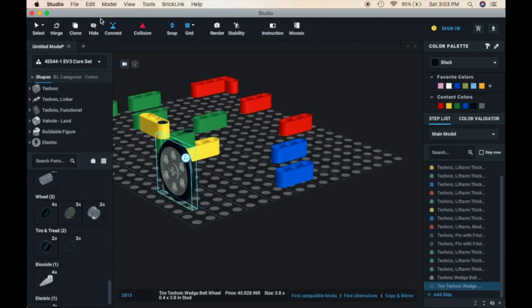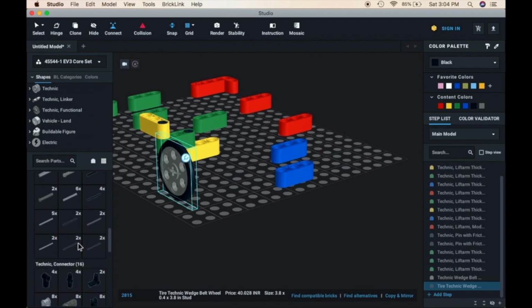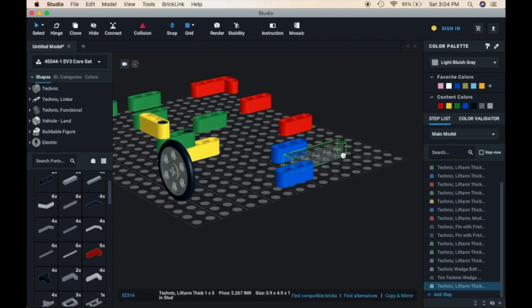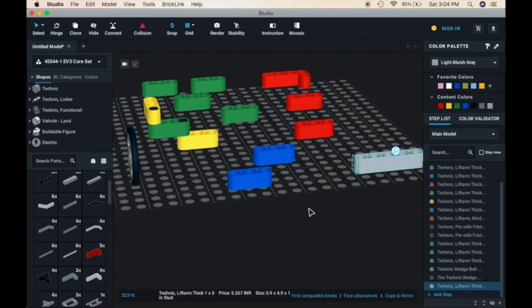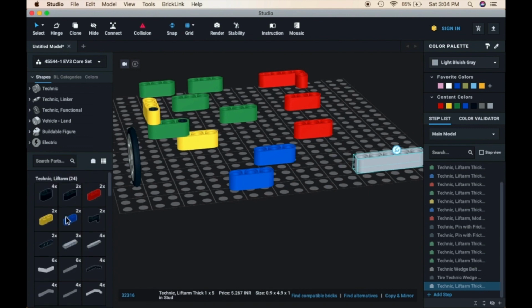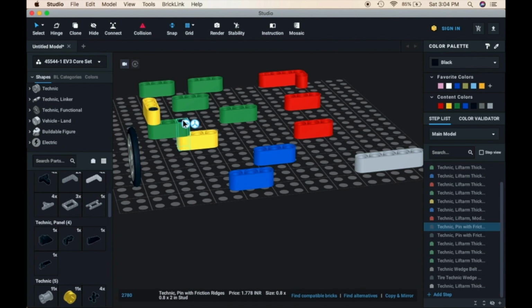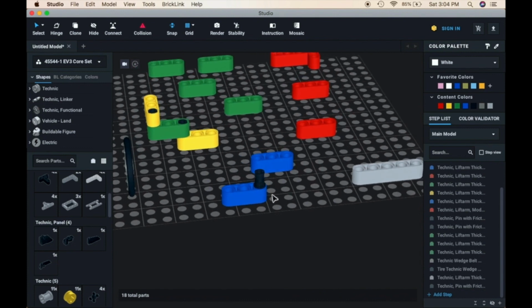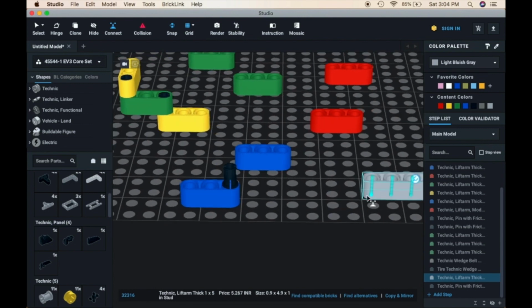Let me give you one more example of how we can use the connect tool. If I want to connect two beams, for example, I take this and I have one more black connector, let me take it from here itself. I'll press Ctrl C, Ctrl V, and I have selected this and connected the black connector here. Now I want to connect this beam on the top of this black connector, on the top of this blue beam basically. So again select the connect tool, and after selecting you will get this option here,